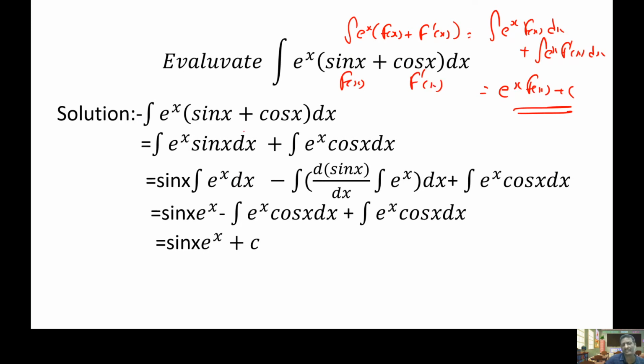So we can write it as, answer should be e raised to x into sin x. So sin x plus cos x, integral e raised to x into sin x dx plus e raised to x into cos x dx. So sin x into e raised to x integral is e raised to x minus integral of d by dx of sin x is cos x into e raised to x. So minus e raised to x cos x, and second integral no need to integrate. Keep it like that only. So e raised to x cos x. So that will cancel. So answer is sin x e raised to x plus c.